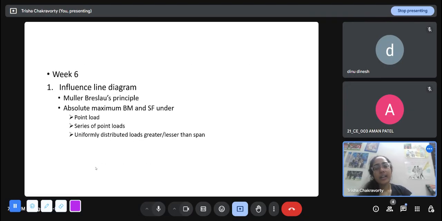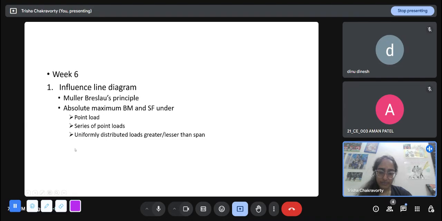And week 6 was about influence line diagrams. It is about when a load or a moment moves across the length of the beam. So it's about one particular response, for example shear force at the midpoint or a reaction force at a roller support. I take one particular response in my beam and I imagine a unit load or a unit moment moving along the length of the beam, and that is how we draw the influence line diagram. And Mueller-Breslau's principle gives the ILD qualitatively.